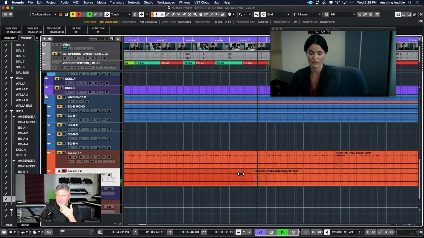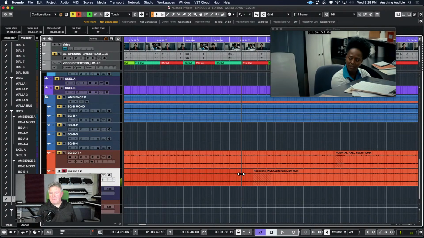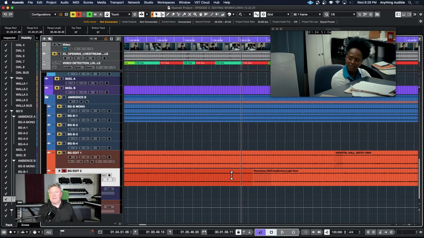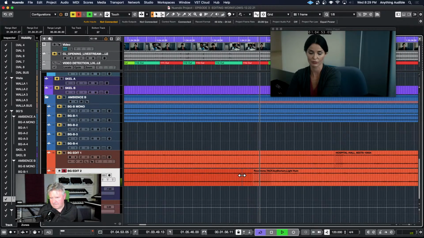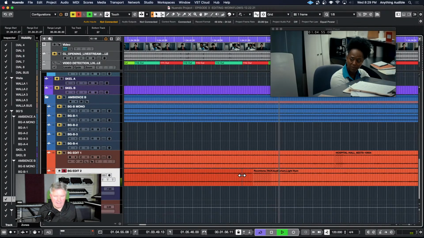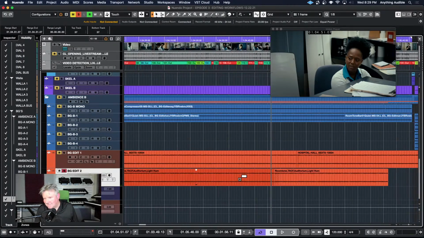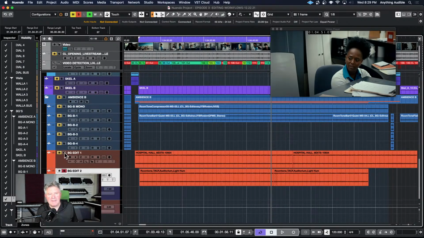Okay. Let's get rid of that bump, right? That dip. So I want to go my equal power route. So I can actually set the default to do that because that drives me insane. I generally like it to be equal power, and if I don't like it, I'll change it. Cool. Works for you? Right. And when we listen to both of them together,